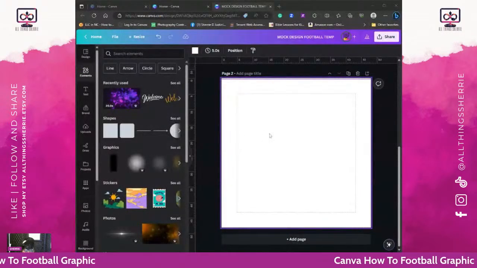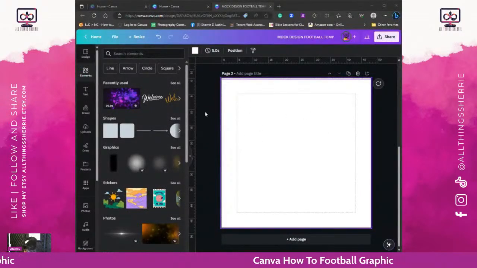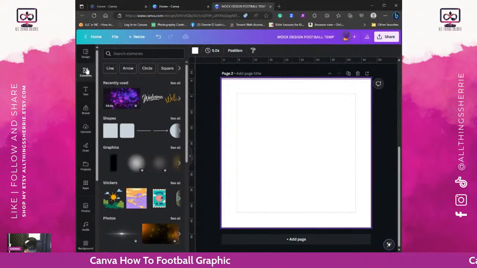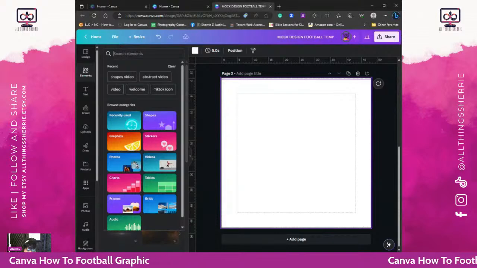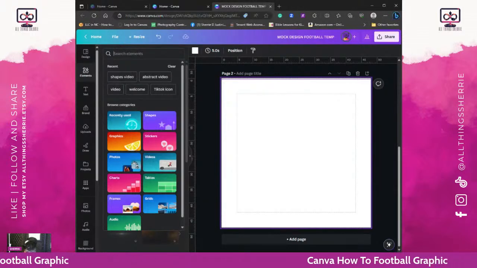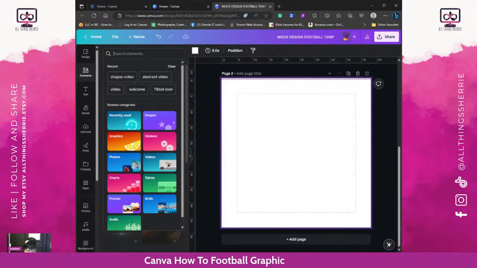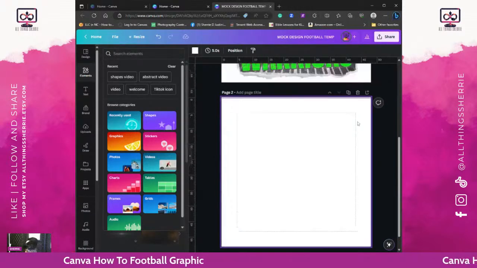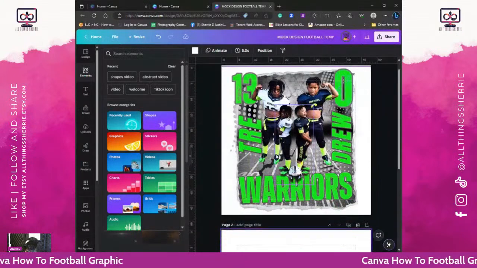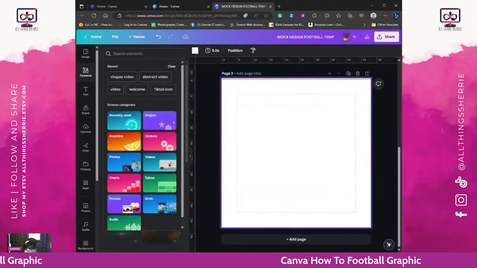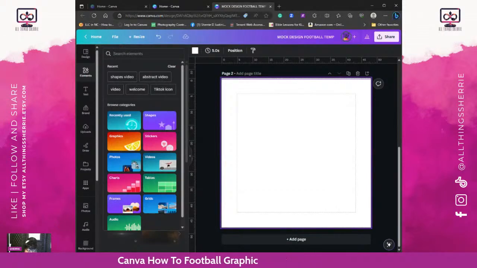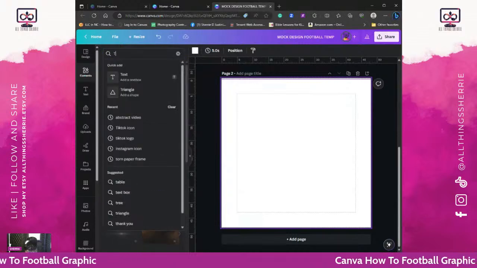To find the frame I was talking about earlier, I'm going to go to elements. To save on time, I would put the frame. The outside edges of the image look like they're torn. This is the closest one I found to that particular image in the original, the inspiration. I just typed in torn